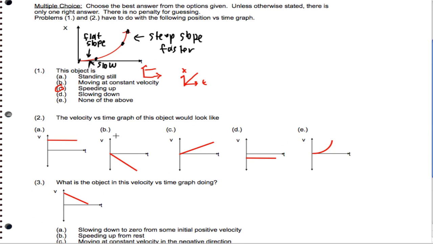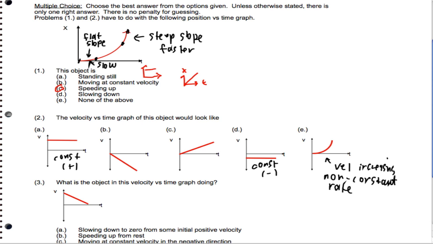So it says the velocity versus time graph of this object. Well, this is actually what constant velocity looks like, and that's constant positive velocity. That's constant velocity moving forward. This is actually constant negative velocity. This tells you your velocity is increasing, but at a non-constant rate. And in this graph here, the one answer that applies is C, where your velocity is actually increasing